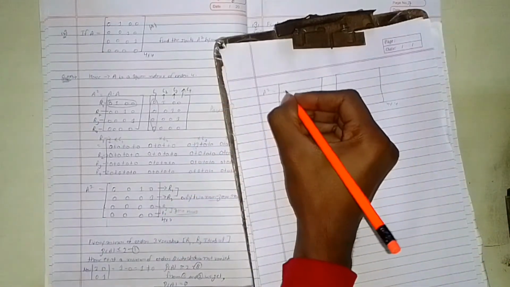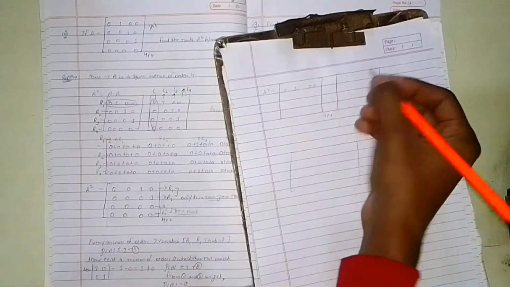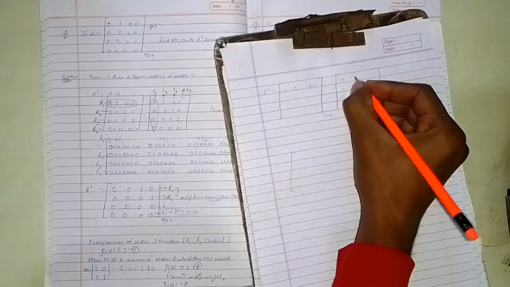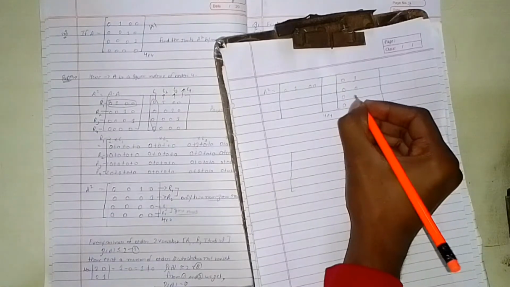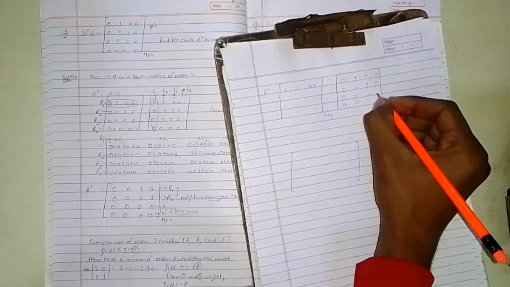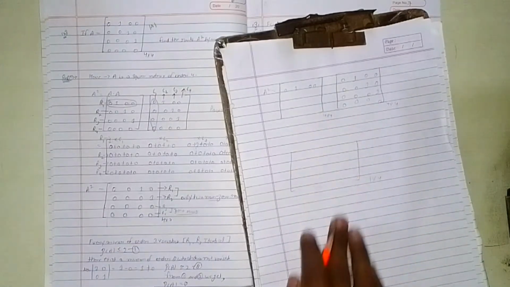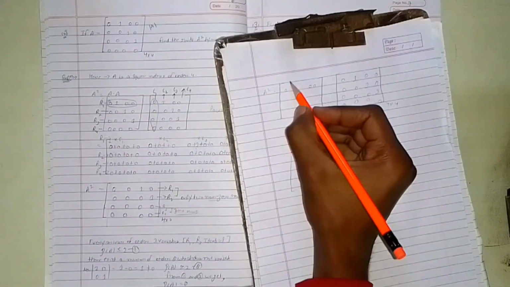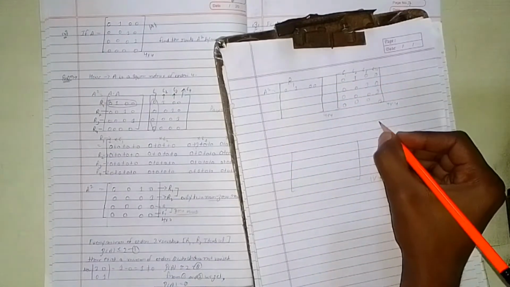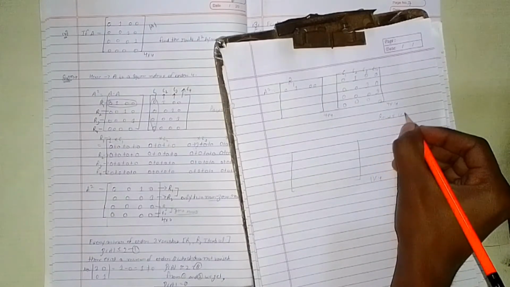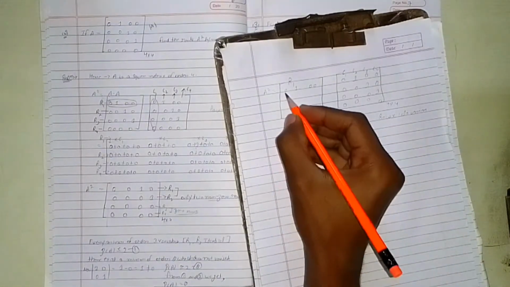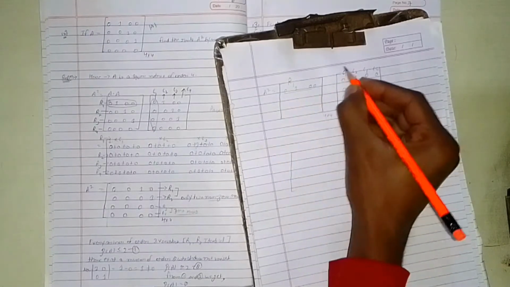I am helping you with how to multiply order 4 matrices. I am doing this with just one row and all columns of the matrix, just giving you a hint on how to multiply two matrices of order 4. You already know how to multiply order 3 matrices. Now I am telling you how to multiply order 4 matrices. So this is your row 1. This is your column 1, column 2, column 3, column 4. We write order like this, row into column. So can I multiply this whole row with all columns?